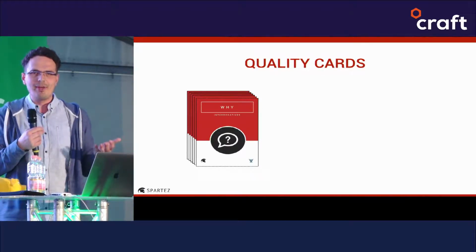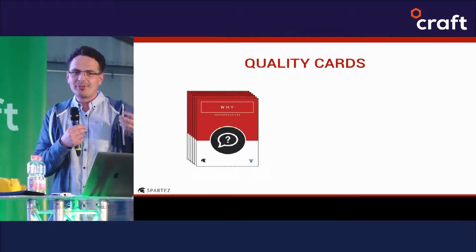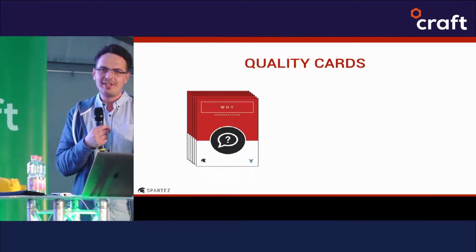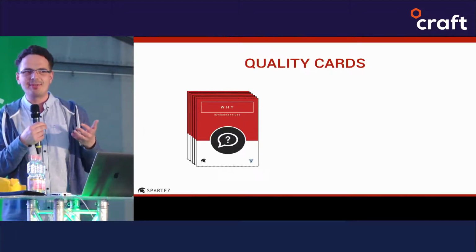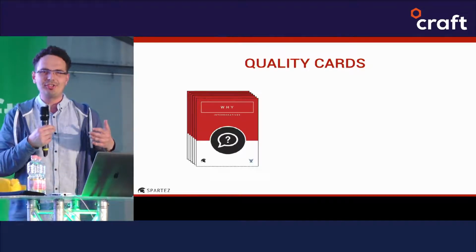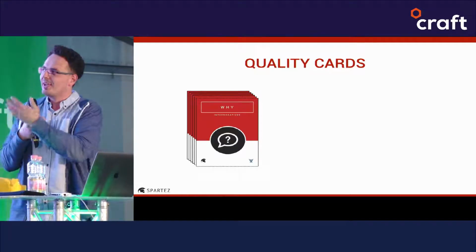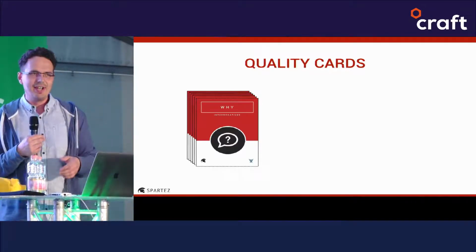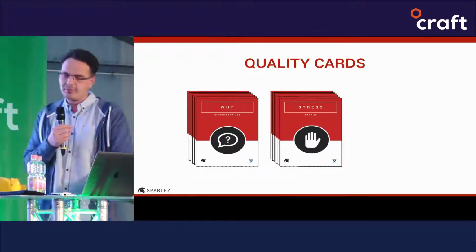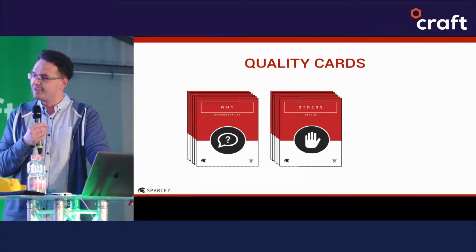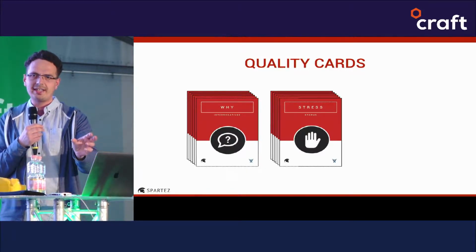If you have a problem talking to another person, just take those cards, because they are a great source of questions that you can ask the other person you are talking to. I heard so many times during a craft conference that engineers have problems talking to other people. So if you really have this kind of problem, you can take those cards and use them to talk to people. But we are going to use them to find out more about the feature and risks related to that feature. The second part of the deck is